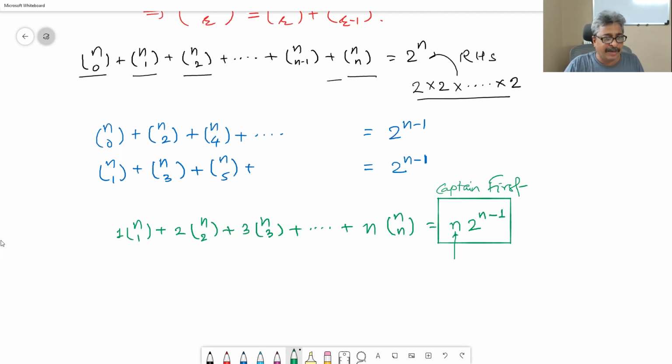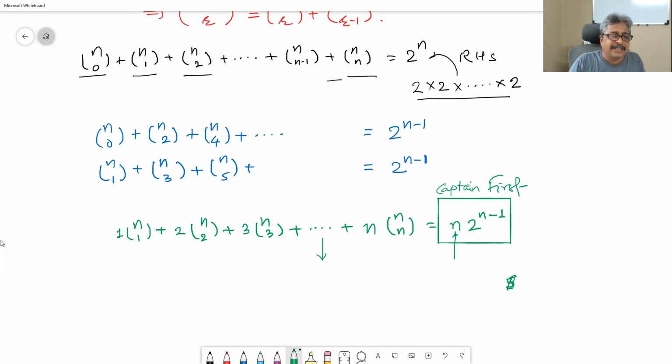That is the number of ways you choose a captain, and then the remaining players from the remaining n minus 1 players. Okay, that is how you will get the team. Suppose the team is of 5 players. Then you choose the captain first, which can be done in n ways, and you have to choose 4 more players out of the remaining. So every player will have a choice, yes or no, like this for a 5-member team.